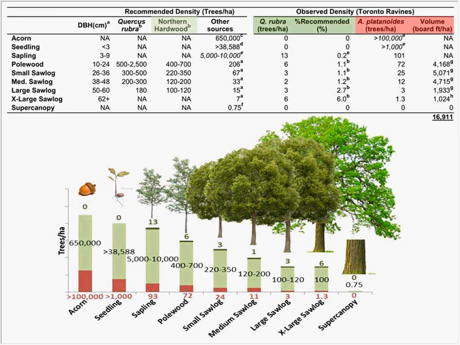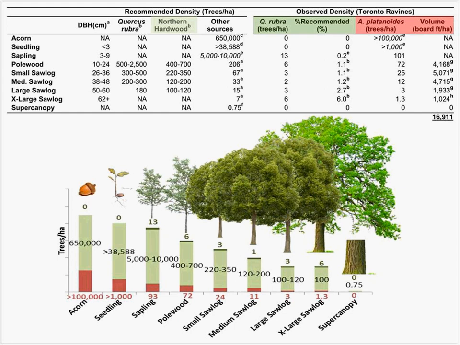Or if you see down here, the maple, we didn't count them, but even a square meter sometimes can have tons. So this is a conservative estimate of over 100,000 seeds. Again, you'll see we list our sources. These are the sources up here, which are on the previous slide. You can see here 8,000 seedlings per hectare to sustain a healthy population.